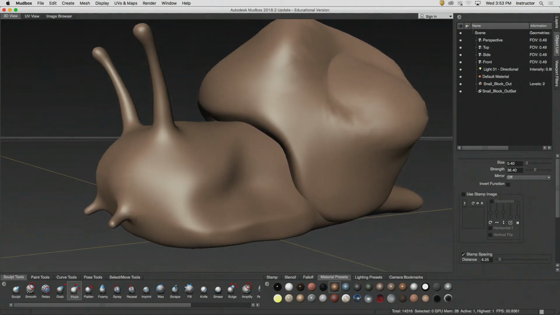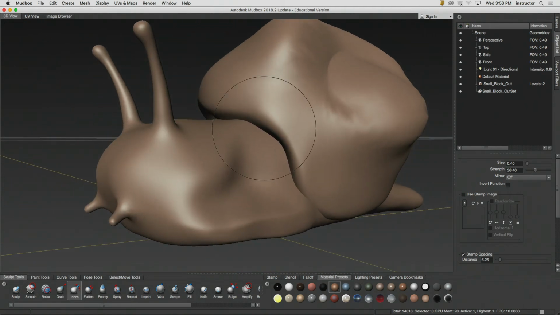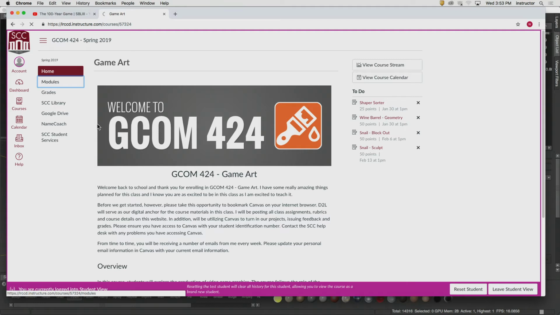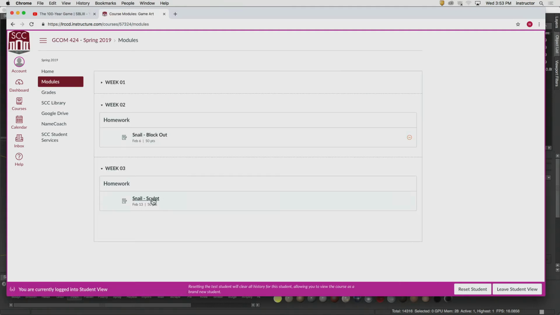When you're starting to block out some of your details, remember to look at the reference. The reference is always going to be your guide. You're going to see so much more information in the reference than you are from your own imagination, okay? We're not necessarily trying to go for absolute photorealism, but we're looking for believability, okay? There's a lot of details that you're probably going to miss without looking at the reference. So at the very least, if you return back to Canvas here real fast,